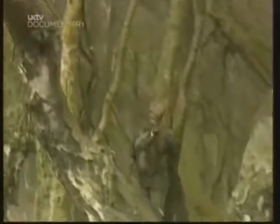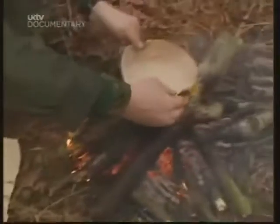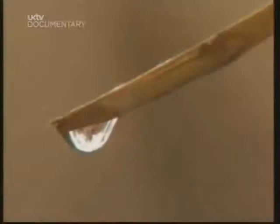There's almost no end to the uses this tree's been put to, from making teacups and cooking pots to canoes. It's even home to a fungus you can use to sharpen your knife. And now in springtime, the birch gives